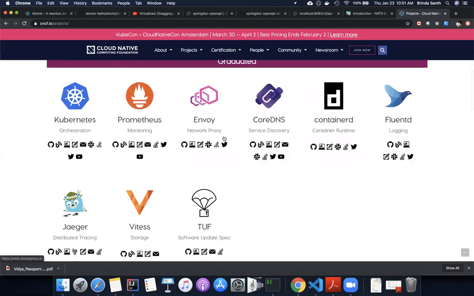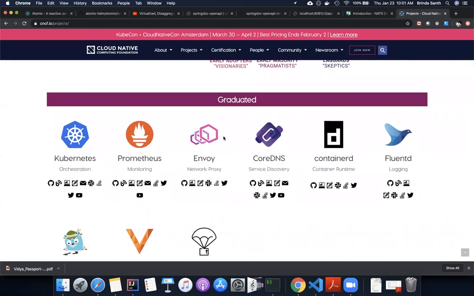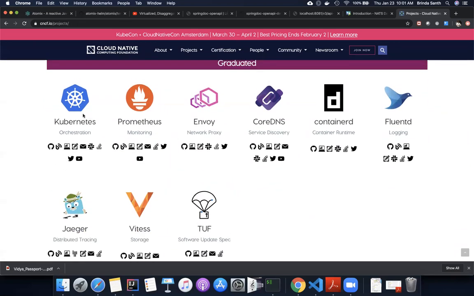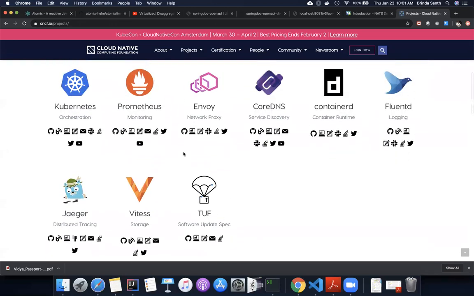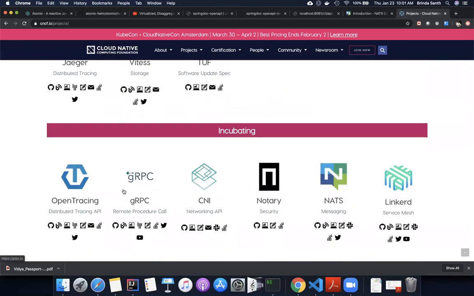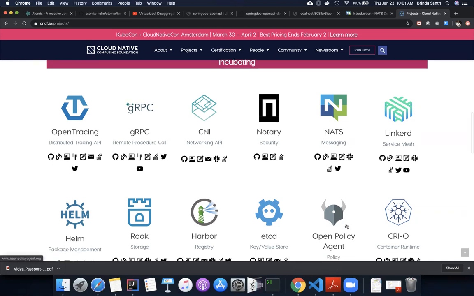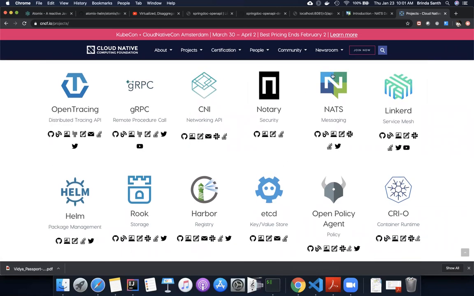Okay. So first of all, NATS is a Cloud Native Computing Foundation project, and we are using it mostly in Kubernetes and certain other places. You can take a look at what projects are under it. We have gRPC, NATS, Helm, etcd, and Harbor, and along with those projects we have Open Policy Agent. So it is grouped under a Cloud Native Computing Foundation project,